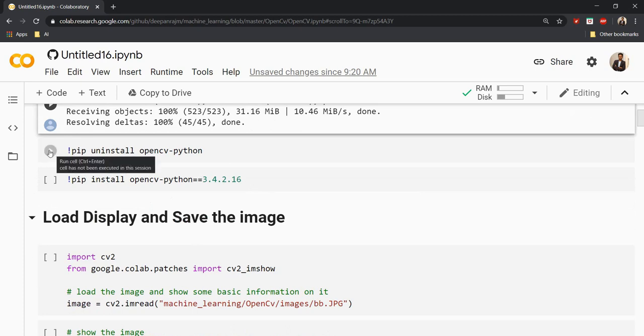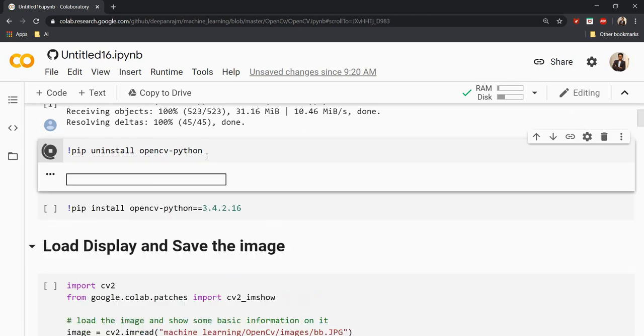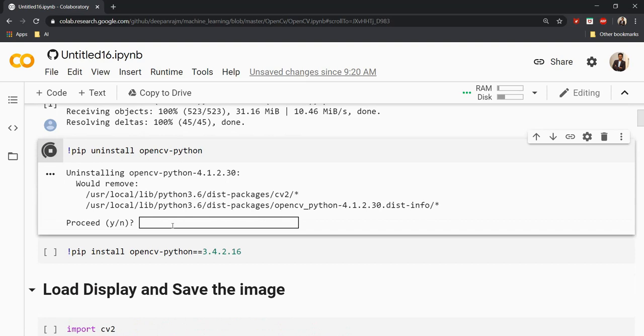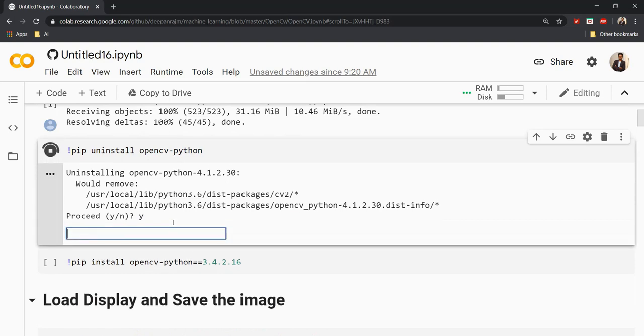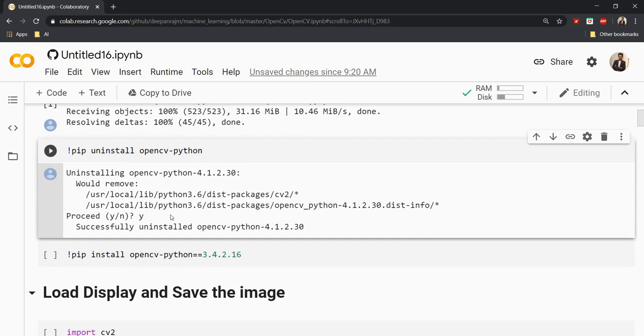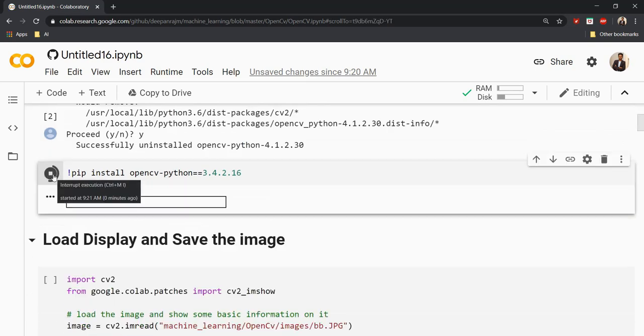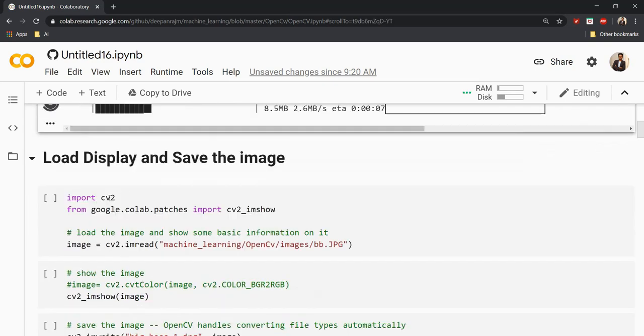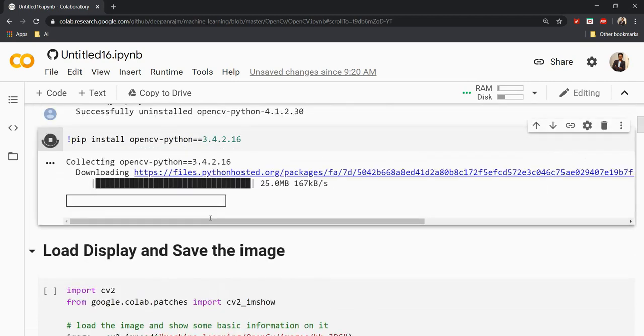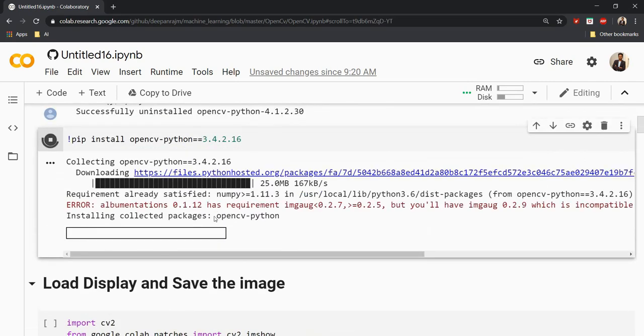First things first, just uninstall it using the command pip uninstall opencv-python. To install this particular package, we'll be using this command opencv-python. It's not just opencv. This OpenCV has a lot of confusions behind it, because we call it OpenCV, but while installing we call it opencv-python, and while loading we call it cv2. These are things which you need to keep in mind.